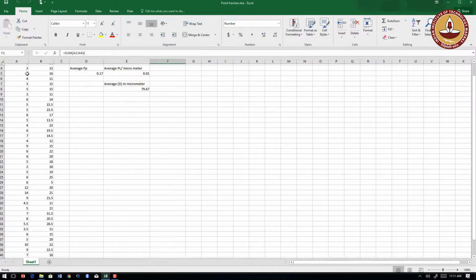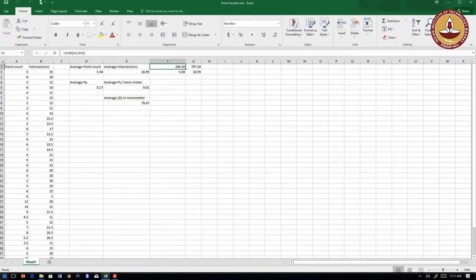Either you take the sum of the whole point count and divide by the number of events you measure, or you can individually calculate PP for each event and then finally take an average. Both will give the same number, and if you sum up all this, you will get this